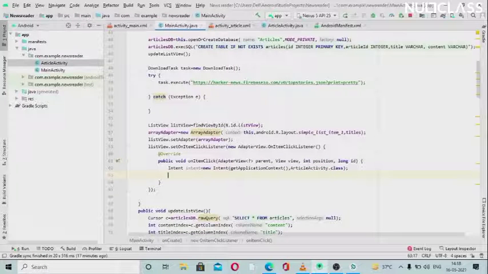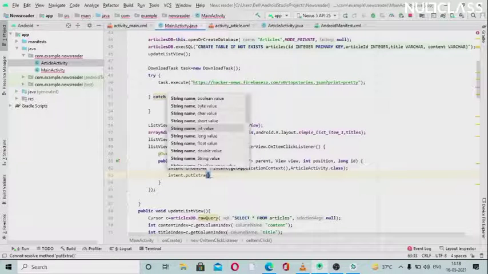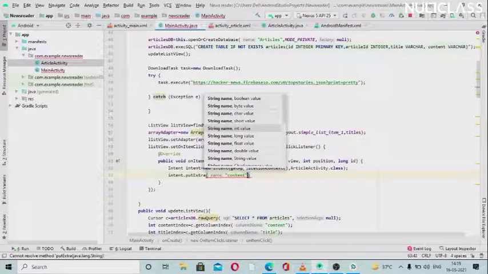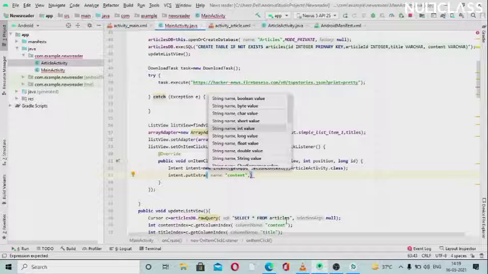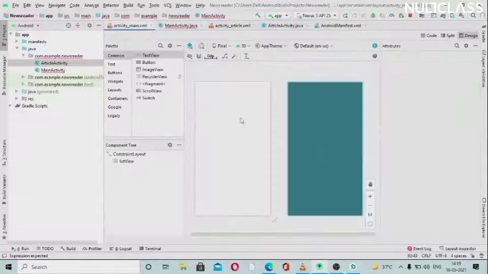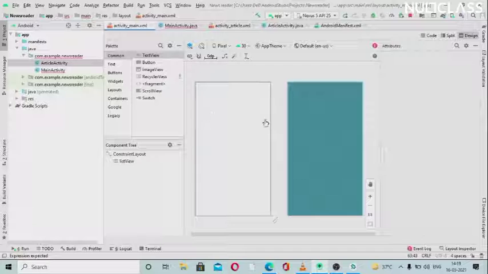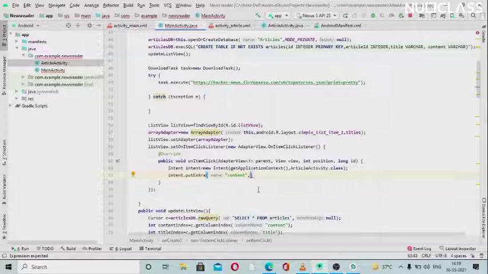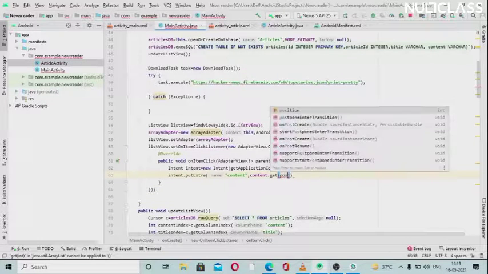Inside of that we need to pass another statement which is put extra. If you want to pass a string name, whatever you want, we'll just use content. And the second thing is, how do we relate to the content? As I said before, we are getting this list view. Whenever we click on any of them, the first one will be given ID 0, the second one will be given 1. According to that it should shift. So we should get that ID first. We can get this with the use of get index, and inside of that we need to pass the position, like this is the position which we have clicked on the list view. So just pass the position.